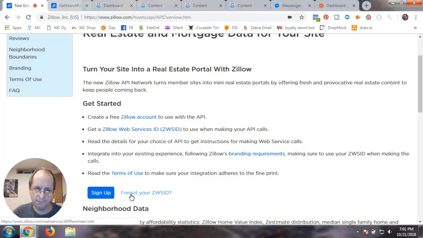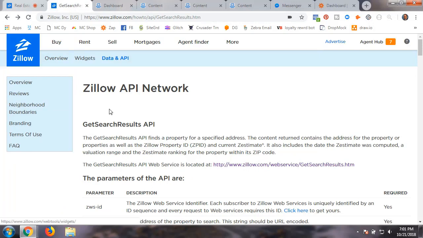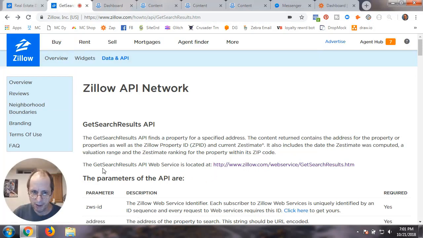It just says sign up. Forgot your ID, do that. But you can basically sign up here to get your ID. And you need that in order to get this all to work. Basically what we're going to be doing is calling a web service here, or basically an API, a Zillow API